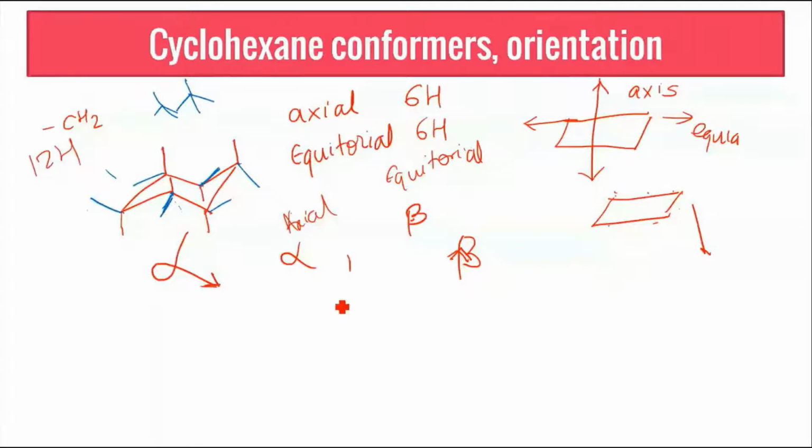I cannot generalize as all axial being alpha and all equatorial being beta, because just a while ago I explained that of the axial bonds, precisely 3 axial bonds are going above the plane and 3 axial bonds are going below the plane, which means I cannot generalize that all axial will be alpha and all equatorial will be beta. Part of the axial bonds, or 50% of axial bonds, are alpha and 50% of equatorial bonds would be beta. That would be your correct statement, not all.